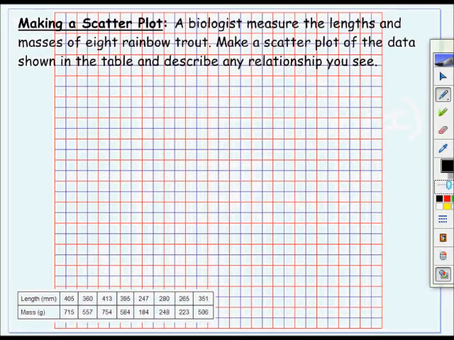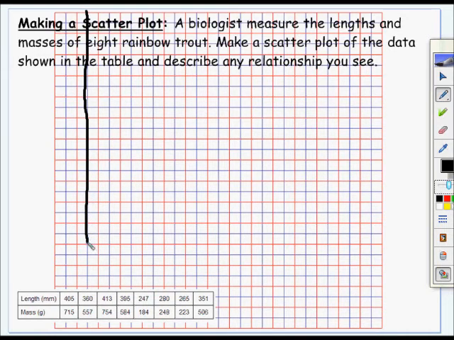Now, making a scatter plot. Scatter plots are a little bit different. They're going to be a line graph. It's for data. And when we do data, sometimes our data doesn't come out in a perfect line graph. So when we're making a line graph, we're going to go ahead and have still a